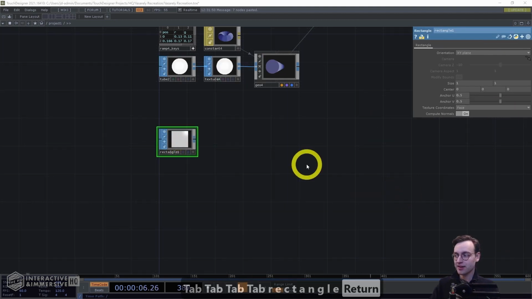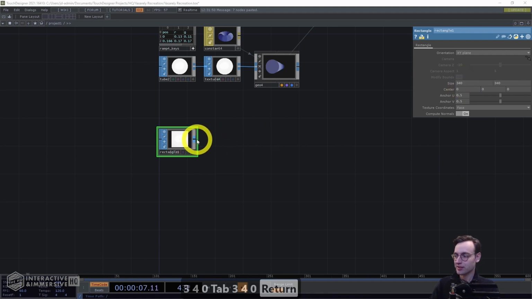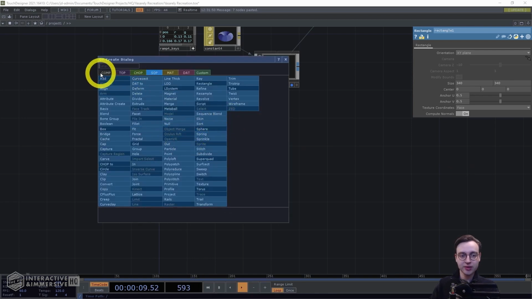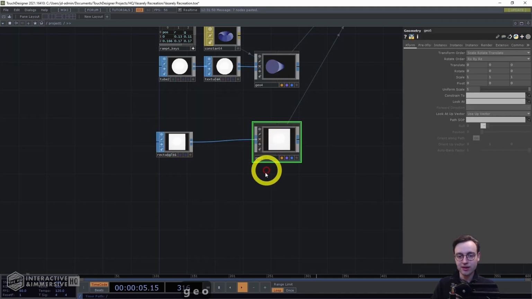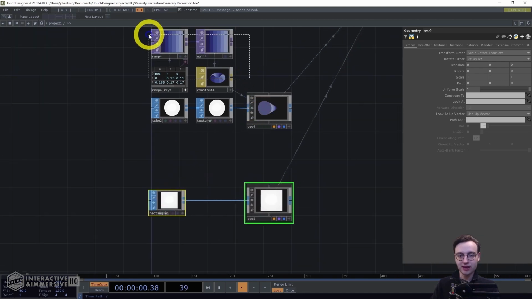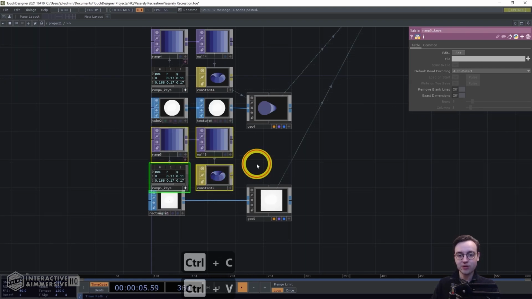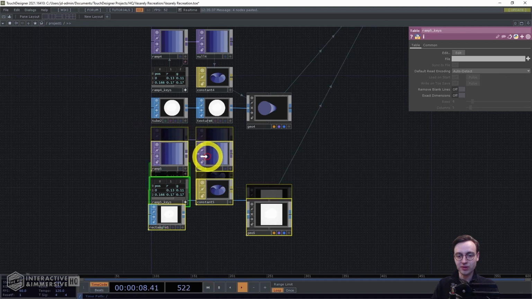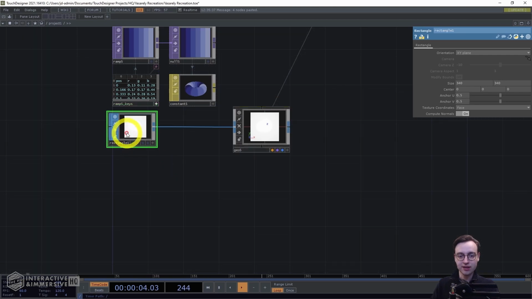Make a couple of changes there. We're going to set the size to 340 by 340. Then we're going to add, actually we don't even need to add a texture SOP. In this case, we're going to go straight to the geometry, place that to the right, and then we'll work on our texture. So once again, let's go ahead and copy and paste a previous texture setup and move that down, maybe move it down even some more so that we have a little space between those things. I'm going to drag the constant